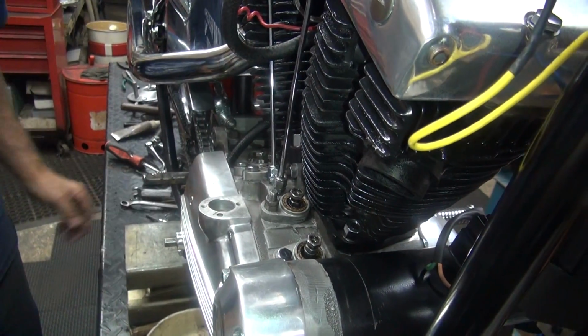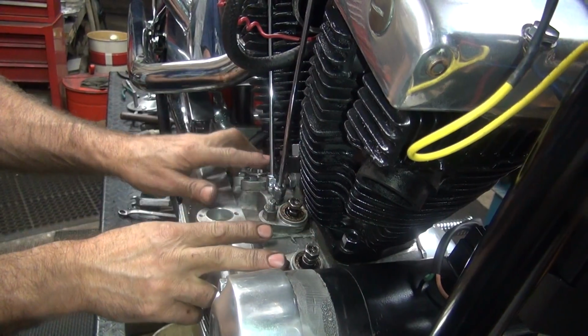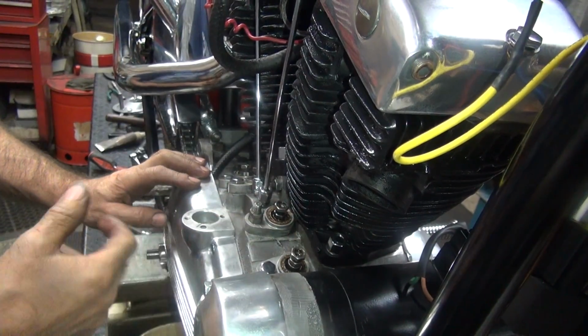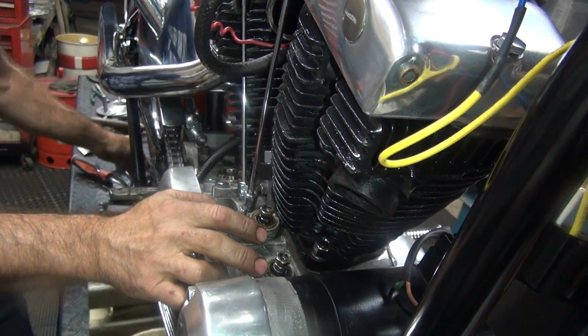Okay. Now the way you figure it out is you turn the motor over, and if the lifters are all the way down, they won't move, and if they're on the overlap stroke, they'll be moving. Now I know this one's open because this valve's way out. Plus I know when you put the cams on the marks, this valve's up anyway. So when I move the